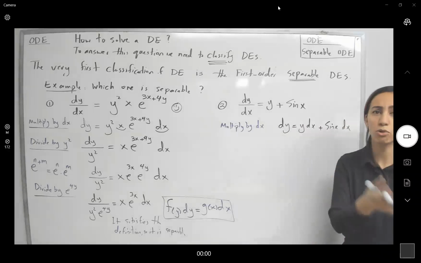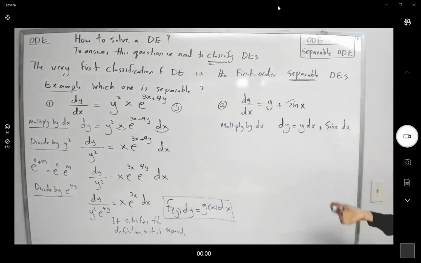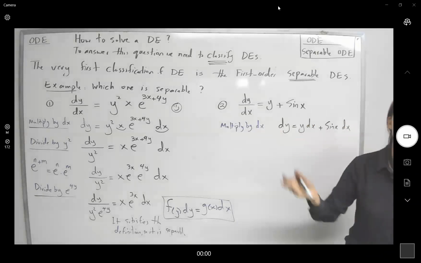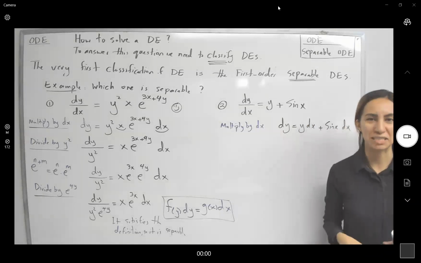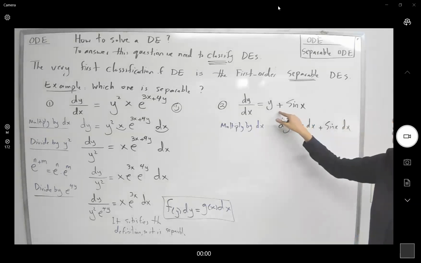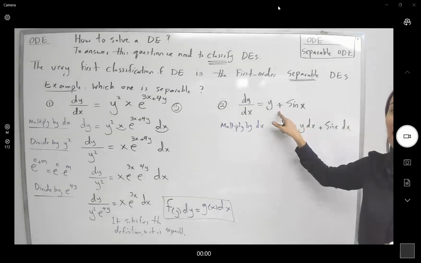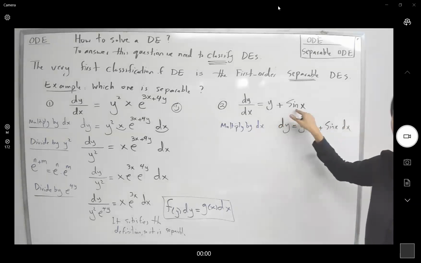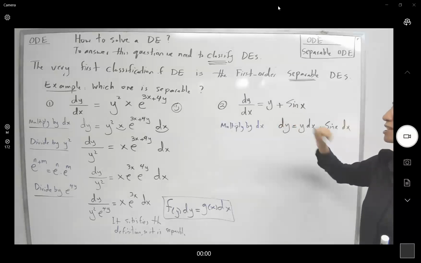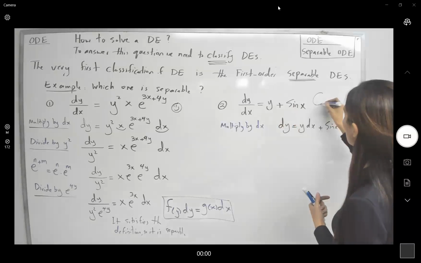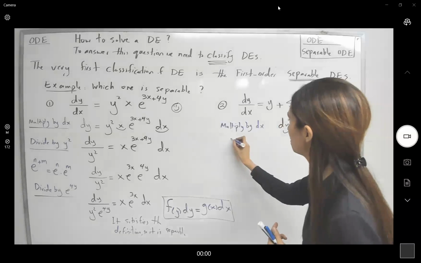Well, you make it more complicated than it was. If you subtract y dx from both sides, you bring dx to the other side. There is no way you can separate these. Note that here you have a red flag. The red flag is the addition between y and sine x. There is no way you can multiply or divide to separate these two. So, not separable